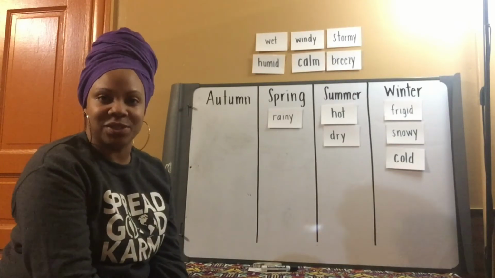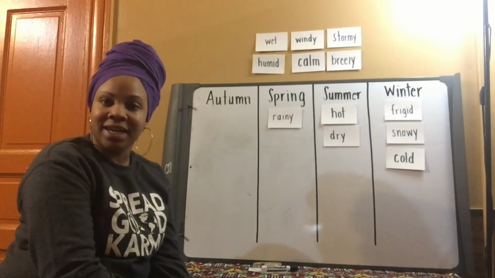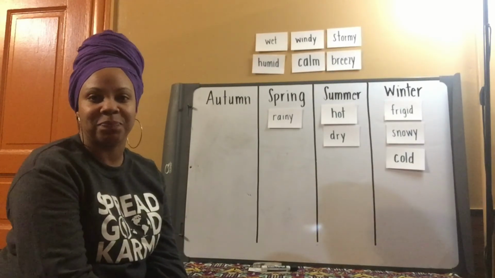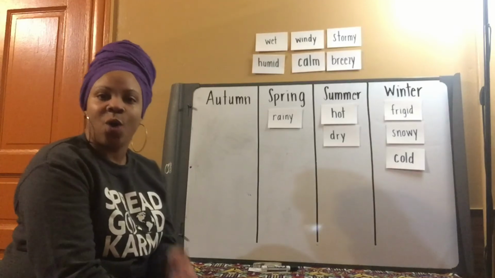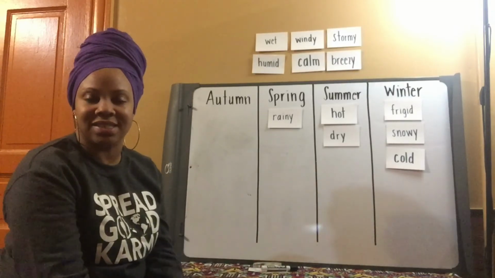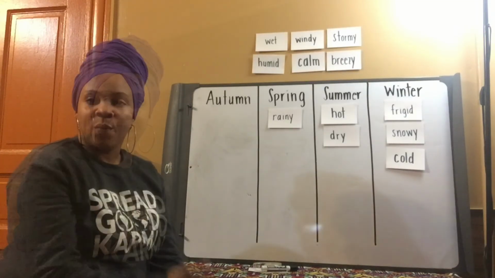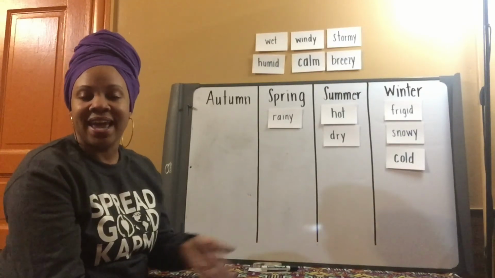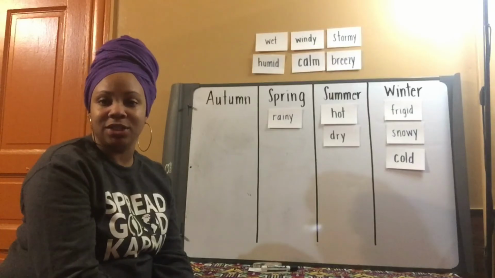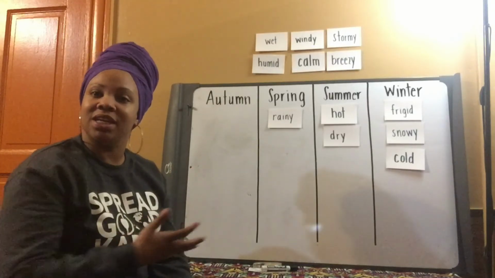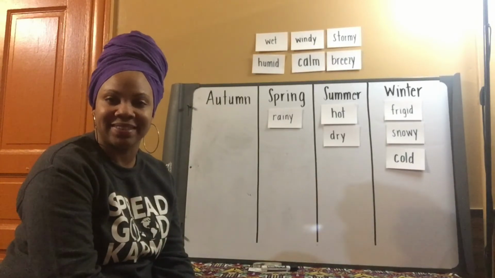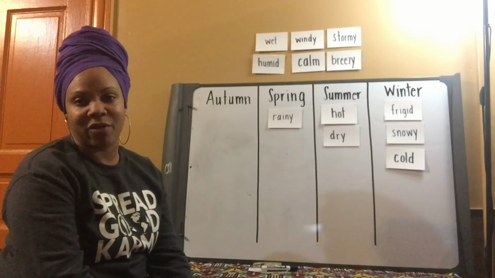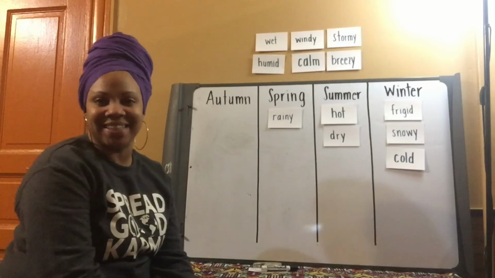Now what you're going to do is make sure that you complete the 5th section of our Top Hat graphic organizer. Please answer the question, what do these 4 seasons have in common? We learned information that was true about each season. Now it's your responsibility to write down what these 4 seasons have in common. Once you're finished doing that section of your Top Hat graphic organizer, you are all done.